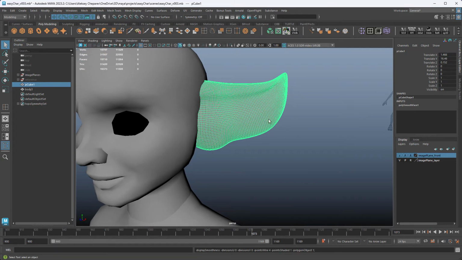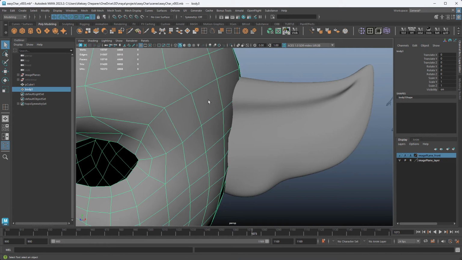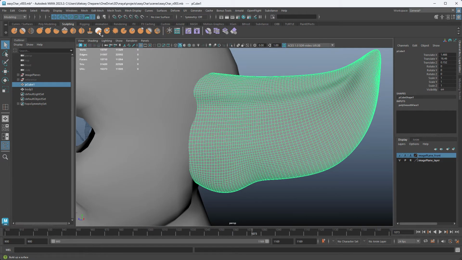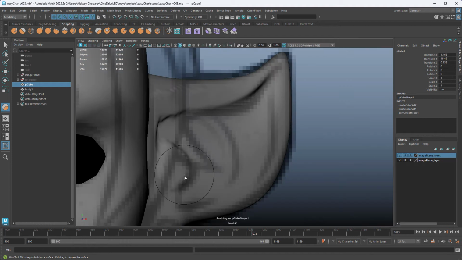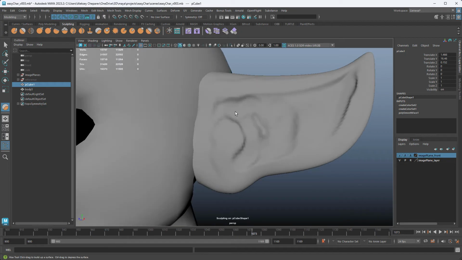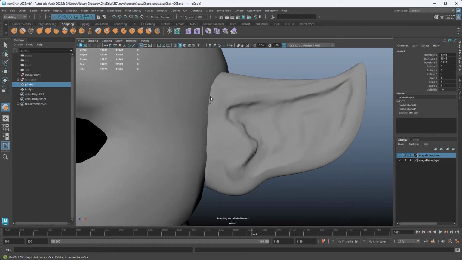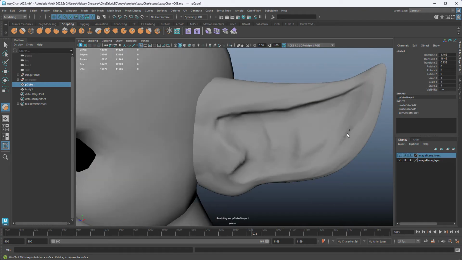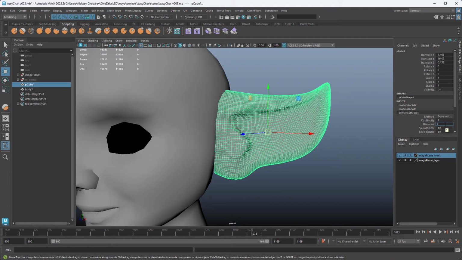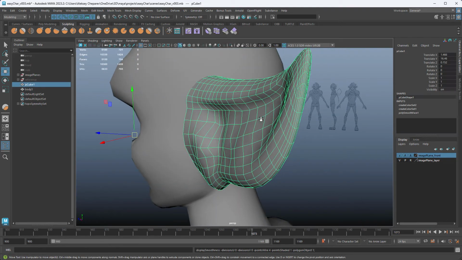Make sure you press 1 on the actual geometry, because if you press 3 on this, it's going to be really, really slow. So when you're sculpting, you want to make sure you turn preview off by pressing 1. Then we can go to sculpting, use the wax brush. So now let's turn off the subdivisions, and we just have a basic ear like this, and it's fine.